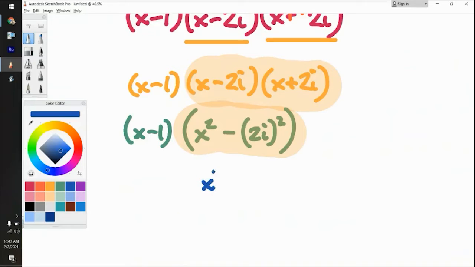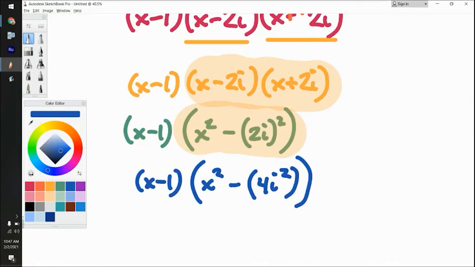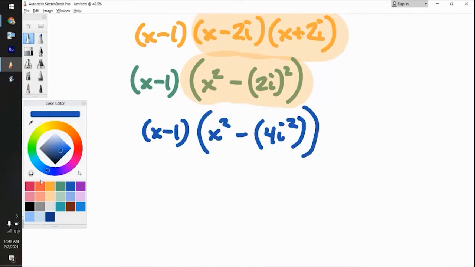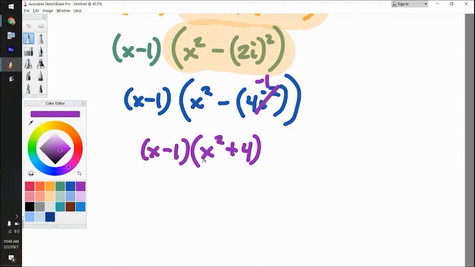Okay. Well, let's simplify this. This is going to be x squared minus 4i squared. Well, i squared is -1, so this is just going to be x squared plus 4, and x minus 1 here. And the last thing to do is grid that out. Okay, so that's what I'm going to do. It's going to be x minus 1